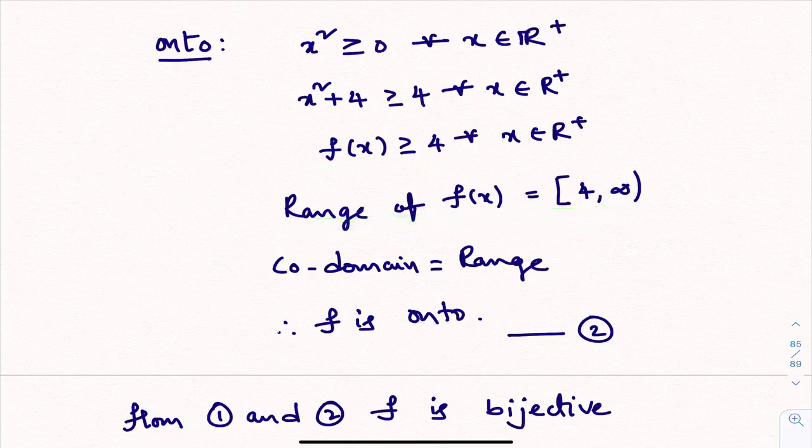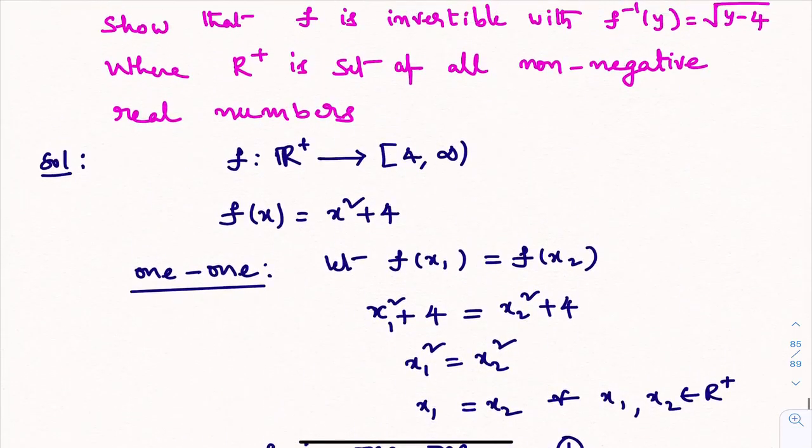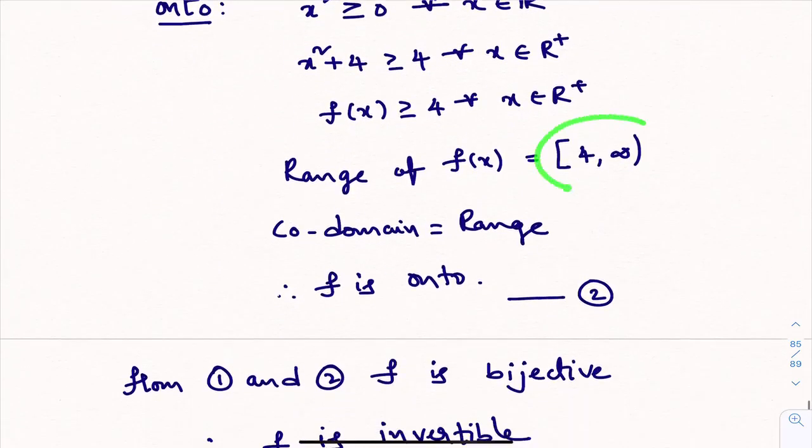In first PUC, we did range problems in the functions chapter. There we learned how to calculate the range of a function, right? So here, you got the range of this function like this. You see, what is the function given? The codomain is given like this. Codomain is what? Closed interval 4 to infinity. What is the range of the function? The range of the function is also the closed interval 4 to infinity. So here what happened? Codomain and range are both the same. When codomain is the same as range, then directly we can say that the function is onto.